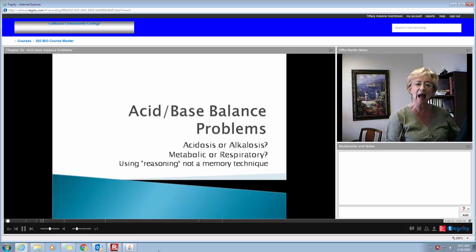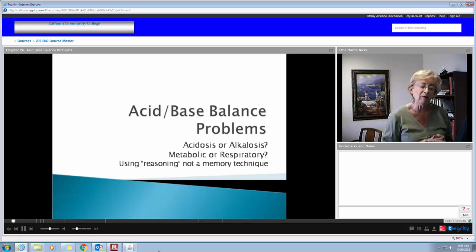Today, we're going to be talking about acid-base balance problems. So many nursing students have for years complained they didn't understand how to do those, they're so hard, and I'm here to tell you it's easy. When you are working acid-base balance problems, what you're trying to do is take a set of lab values that you have been given from a patient, and you're looking at the homeostatic ranges of those particular lab values, and you're trying to determine whether a patient is in acidosis or alkalosis, and if so, whether their problem tends to be more of a respiratory problem or a metabolic problem.